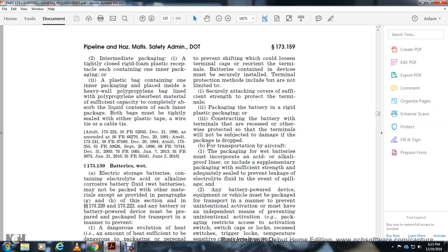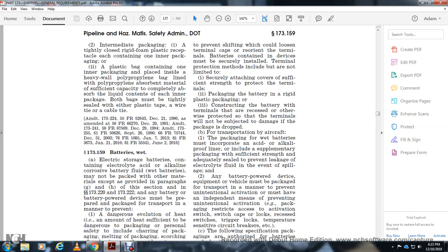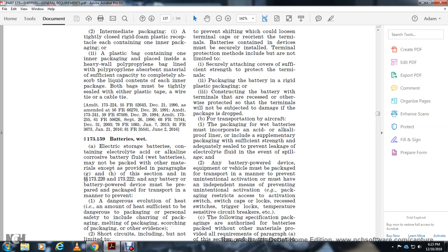Must have an independent means of preventing unintentional activations, such as agents restricting access to activation switches, switch cap locks, recess switches, triggers, locks, or temperature sensitive circuit breakers. The following specification packages are authorized for batteries packed with other material, provided all requirements